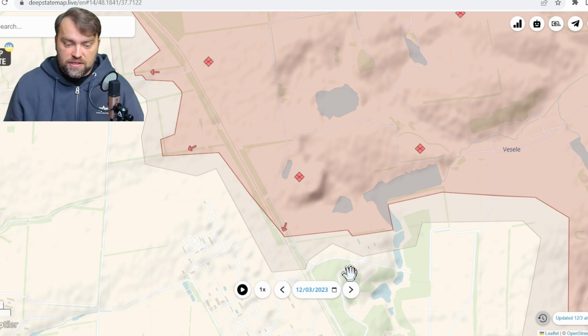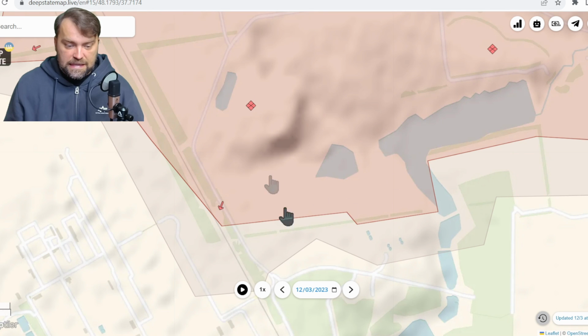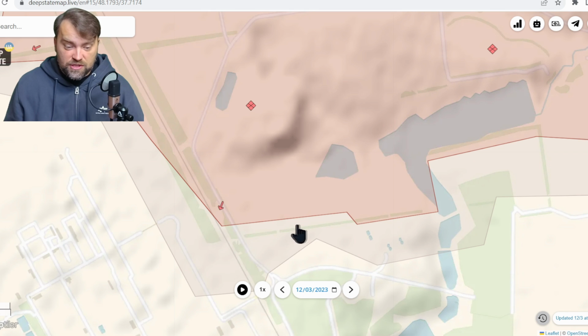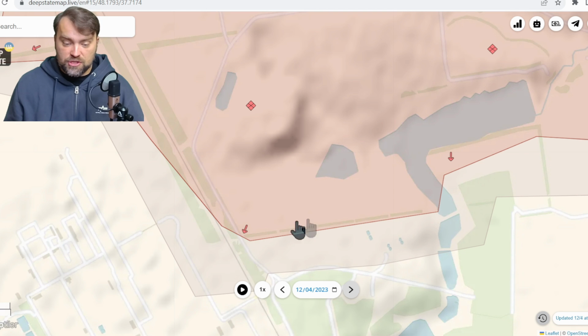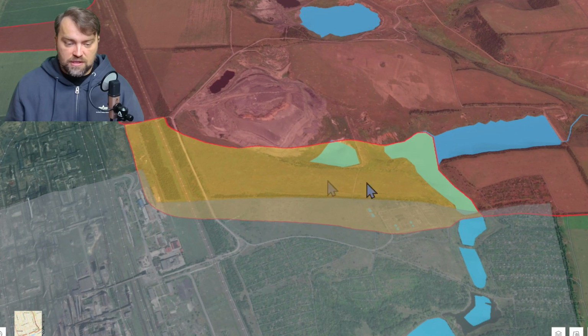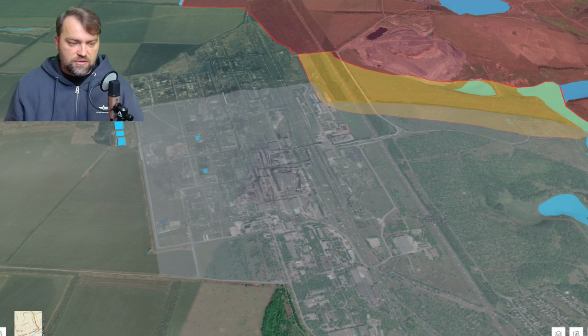If we check out the latest DeepState military update in this sector, you might see this advancement. So this is the hill, and Russia advances from it, and today unfortunately they took this part of the forest line, which they might potentially use as their defense line. If you want to see it on the 3D map, Russia has an advancement in this area over here and also over here,